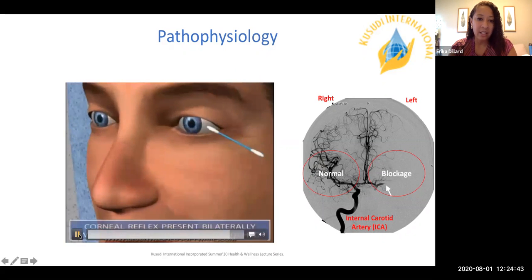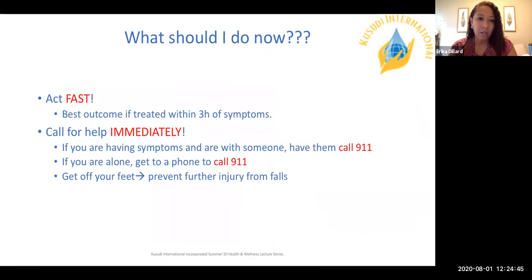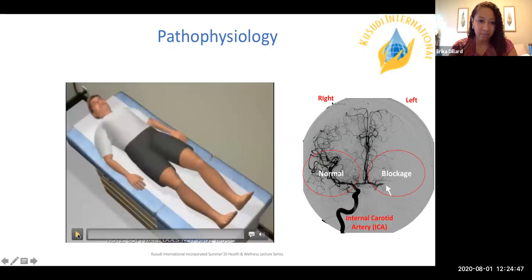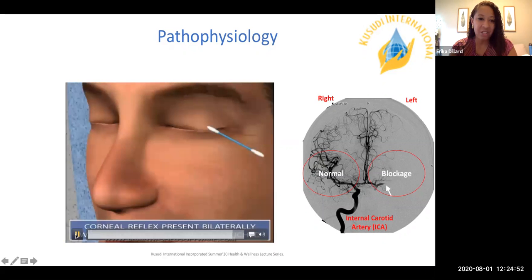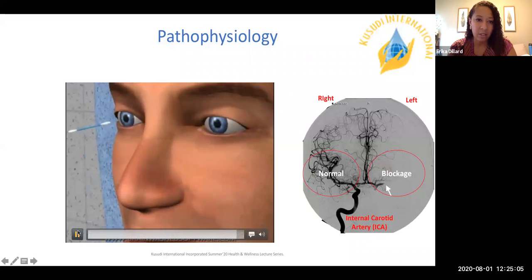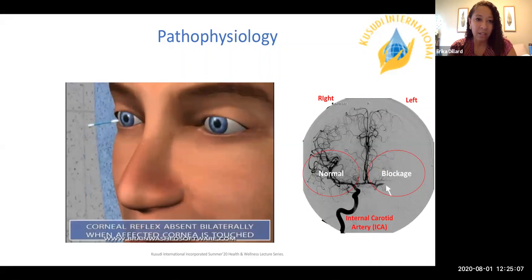And the last thing is if you use a Q-tip, excuse me, I think we went back a little bit, hold on. If you use a Q-tip to provide stimulation to the eye, as you see, both of the eyes close because the patient is able to feel sensation on the left eye. Now, if you do that on the right-hand side, this corneal reflex is what we call it, when you press the eye on the right side, they don't feel that sensation, and so they don't have a response to close the eye.